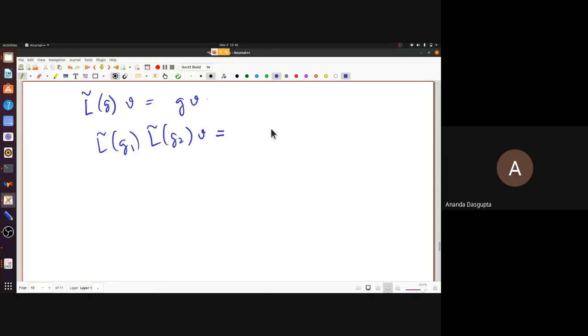This would work. That's what you're saying, right? Yes, sir. Yeah, this would work. You're right. So if you're left multiplying, you could define it like this. That would give you a different representation. Well, actually, it will not give you a different representation. It will give you a representation which is equivalent to this one.